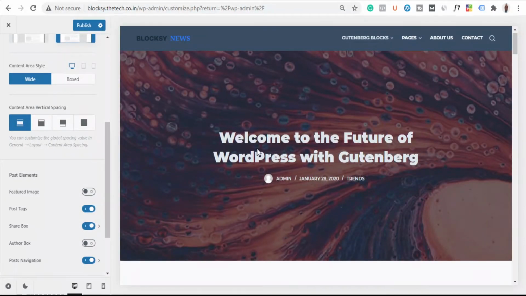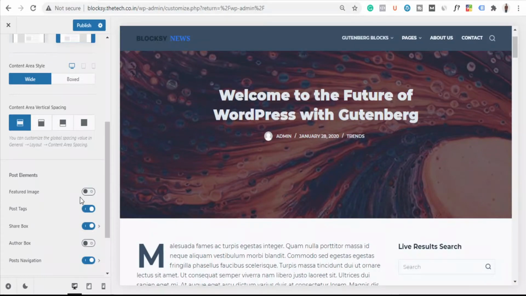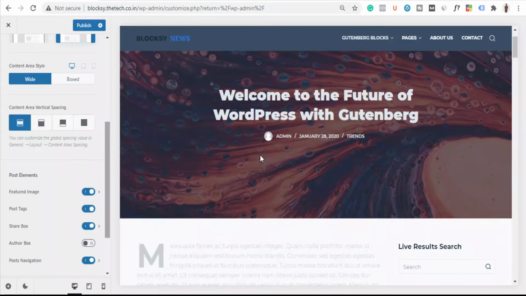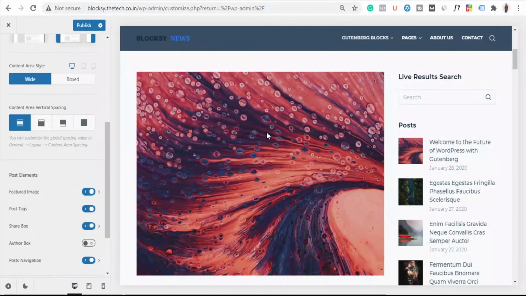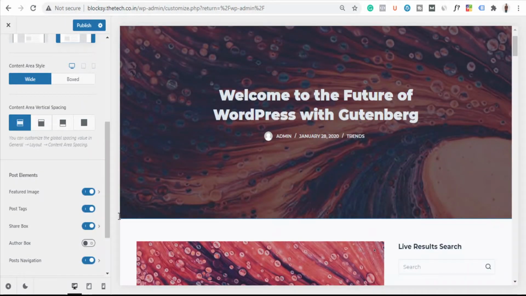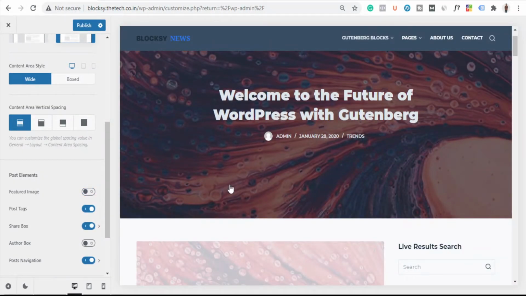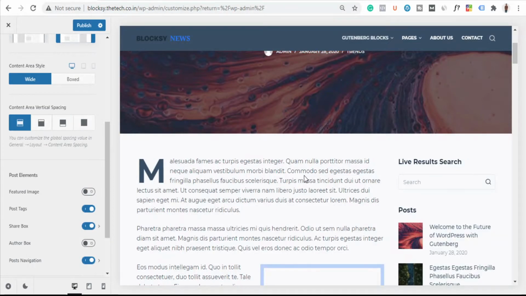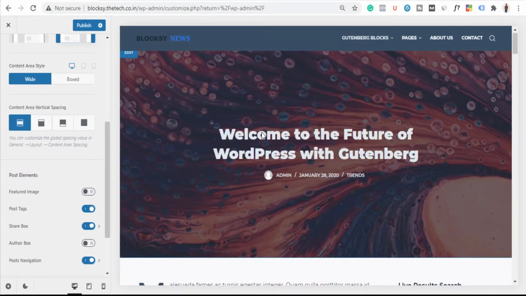Okay, at the top you can see we have a featured image. If I take this, you can see we got this image section here, but I don't want this because we already have the featured image at the back part. So let's undo it. Now you can see we have a post tag option. Here we don't have any tag already, so this is fine. Okay, we don't need this option.